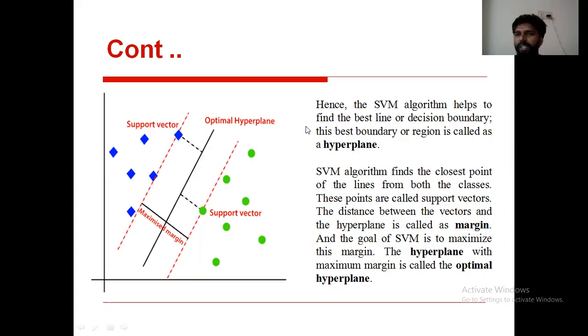The optimal hyperplane is also called the maximum marginal hyperplane. And we already discussed what a support vector is. Some instances appear on the decision boundaries. Those instances are treated as support vectors.